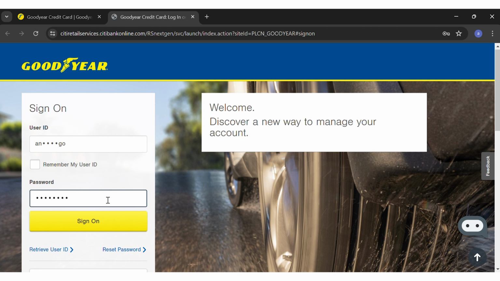In any case, if you forget your user ID, you can just click on the Retrieve User ID link right below the Sign On button. And then, if you forget your password, you can just click on the Reset Password link right below the Sign